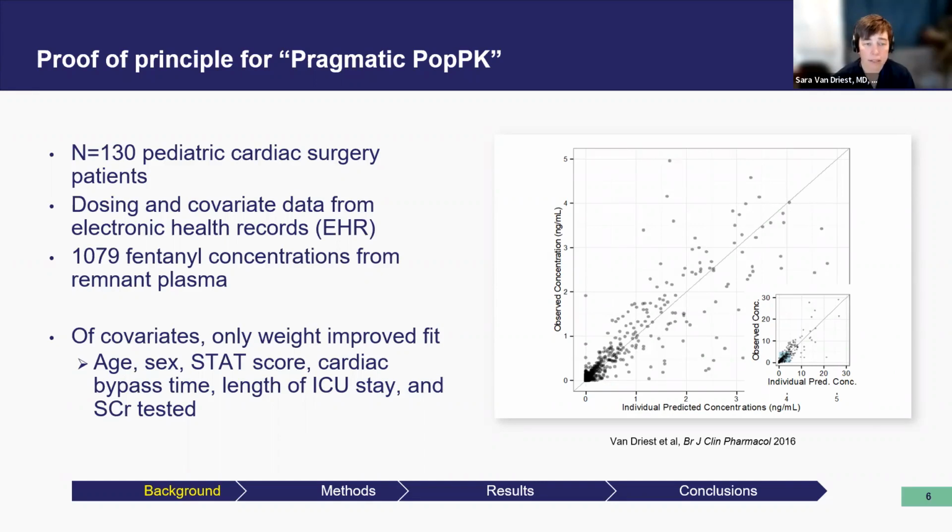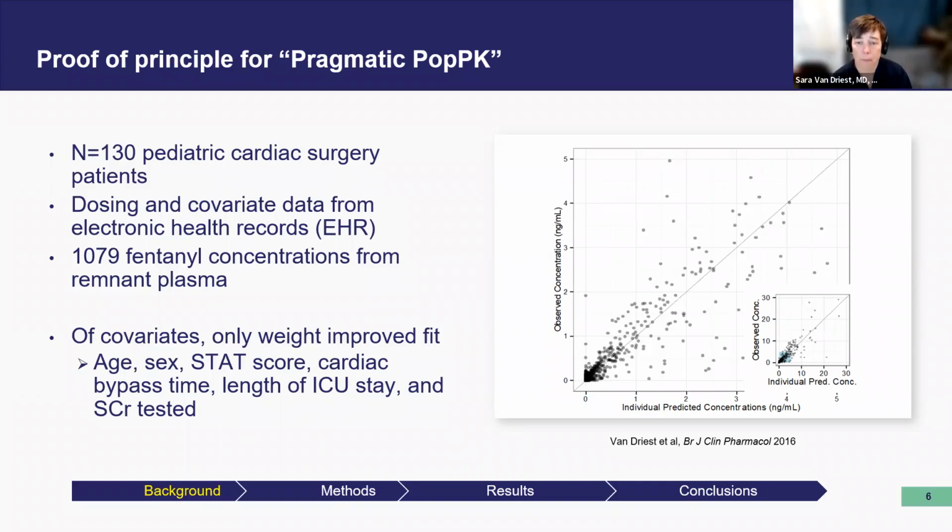When we did that analysis of the 130 individuals, the bullet towards the bottom of the slide listed all the covariates that we tried to include in the model, but of all of those covariates, only weight improved the model fit. So that was the only one that was significant. So this pilot study had a relatively large number of individuals for a pediatric PK study. 130 is kind of a lot compared to the sort of dozens of individuals that are typically included in these